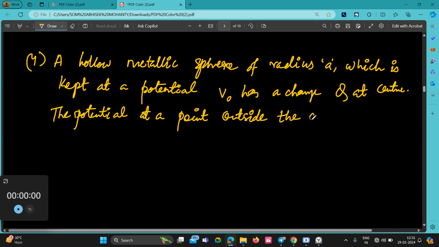The potential at a point outside the sphere at a distance r from the center is